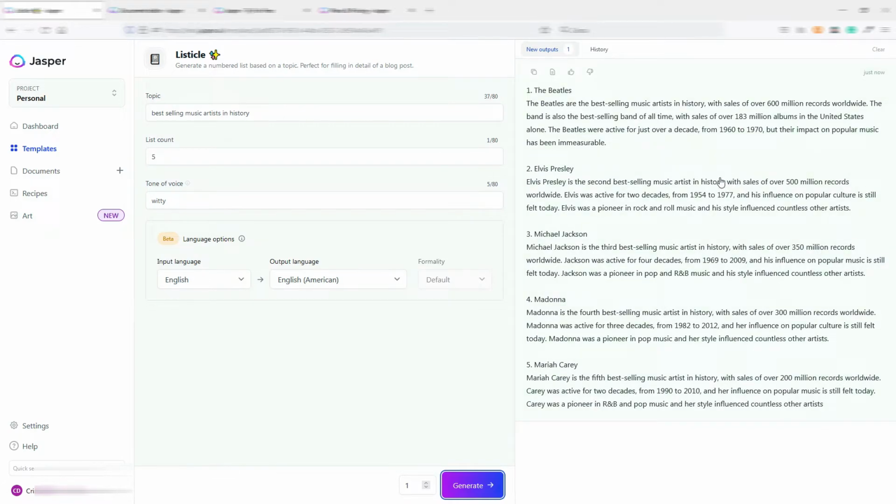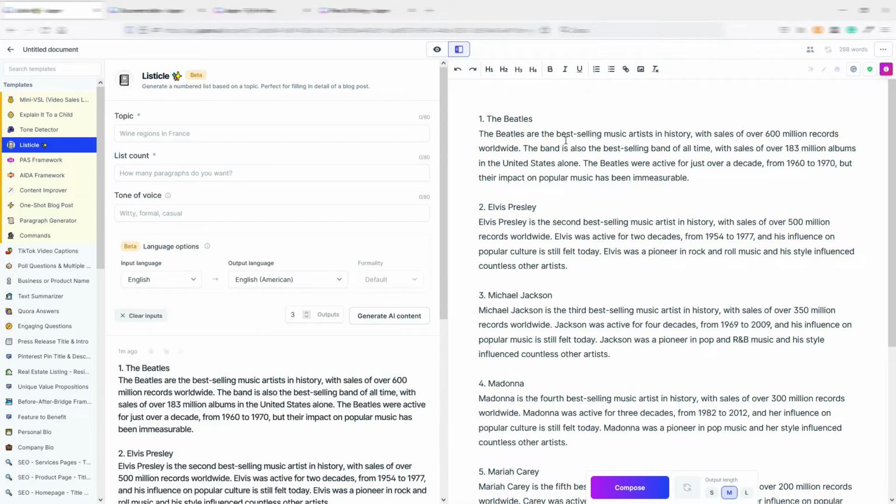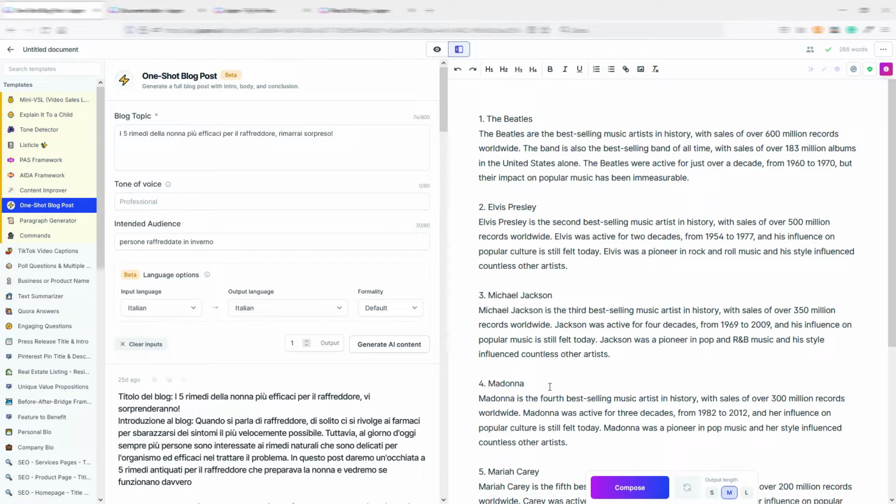What can I do now? I can, for example, use this listicle in a document. If I click here, I can open this in a document. I can generate an introduction, I can generate a conclusion, and here I can, for example, use the one-shot blog post to expand all these